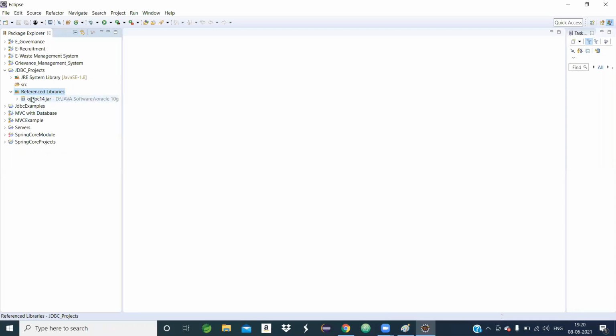It was available in my Oracle 10G folder, which was in the Java software folder, which was in D drive. Same path: in D drive, Java softwares folder, and inside Oracle 10G this file was present. That file I brought into my Eclipse environment. This is called configuration of a jar file.